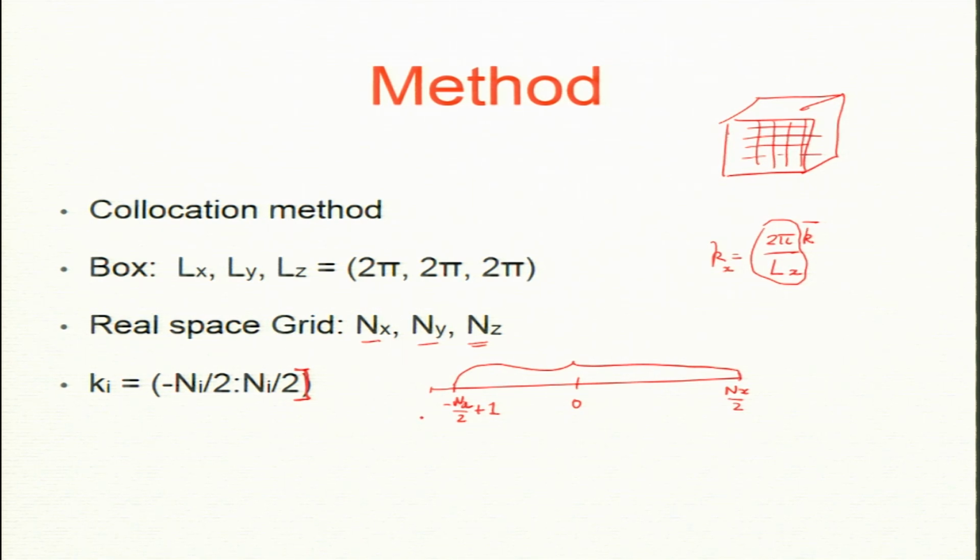If I had put minus nx by 2, then it becomes nx plus 1, then there is a problem. So Fourier transform is a linear transformation, right. Given u(x) in 1D, I get u(k), or vice versa. If any variable becomes more, then I will not be able to get a unique solution.